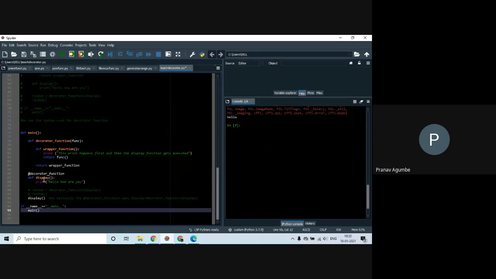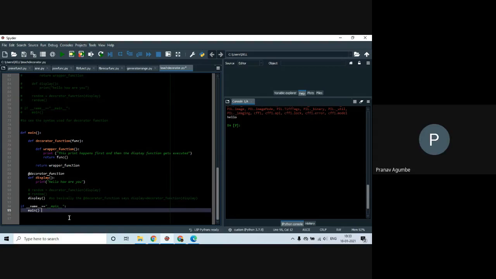Instead of calling display, can we call something else without assigning it, as display equal to decorator function display, such that this same thing happens, such that hello how are you is printed? Yes, we can try that. If you do that, the @decorator function line number 86 should not be there, right? That is what I'm asking. When we use @decorator function, we have no other go but to call display at 92. If I put some other name instead of display at 92, will it be saved under that name?